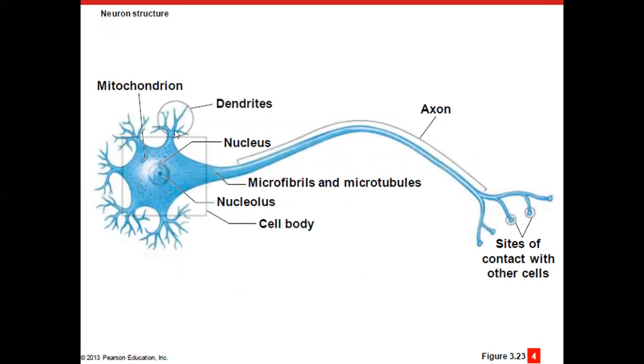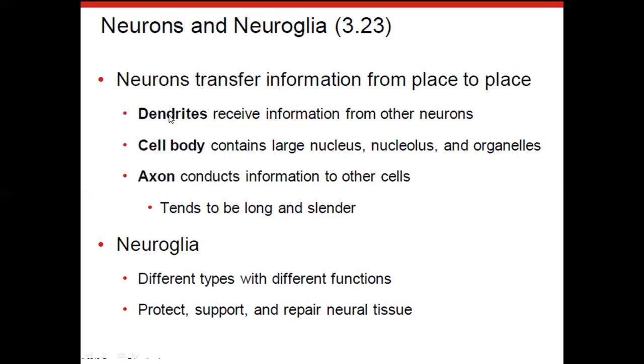There's dendrites. If this is the cell membrane, dendrites are just extensions of the cell membrane that basically poke out or reach out to try to receive information, typically from another neuron. So there's dendrites. If this is a cell body, dendrites are extensions of the cell membrane here. The cell body contains a nucleus, the organelles that are needed to produce chemicals, substances, proteins, steroids, lipids, and